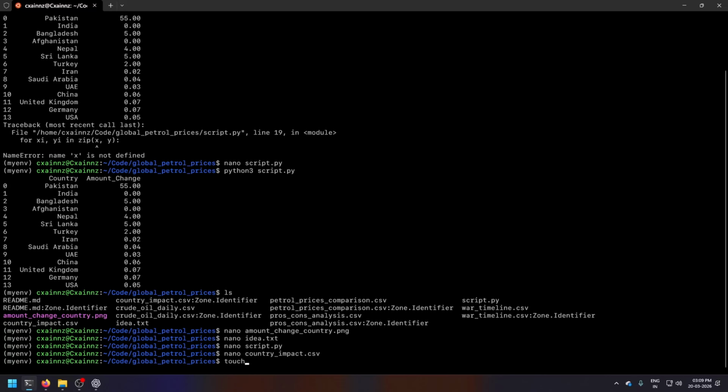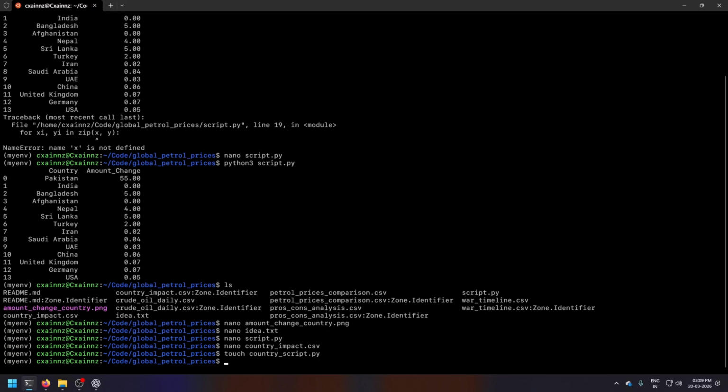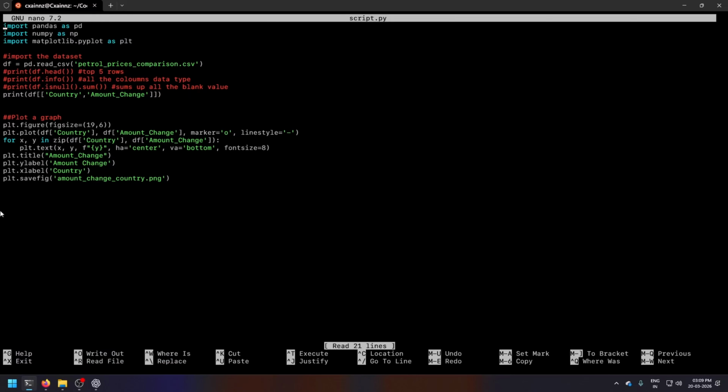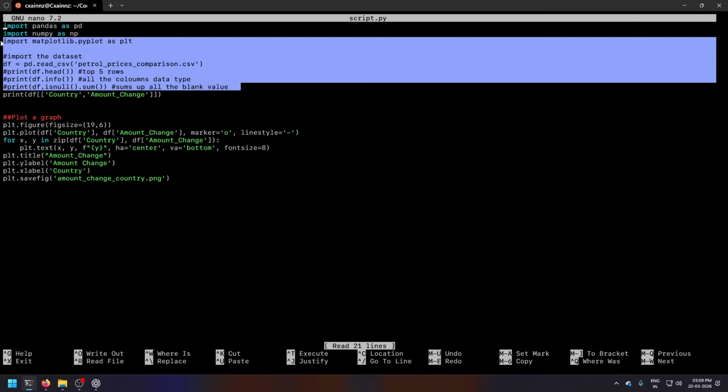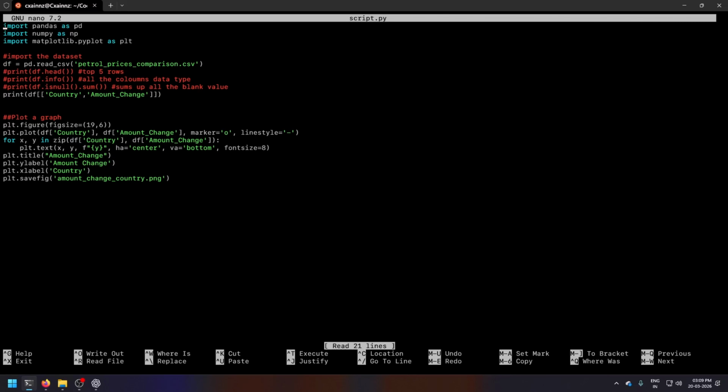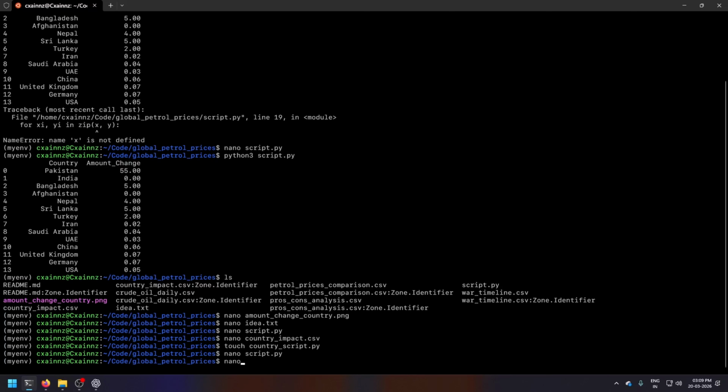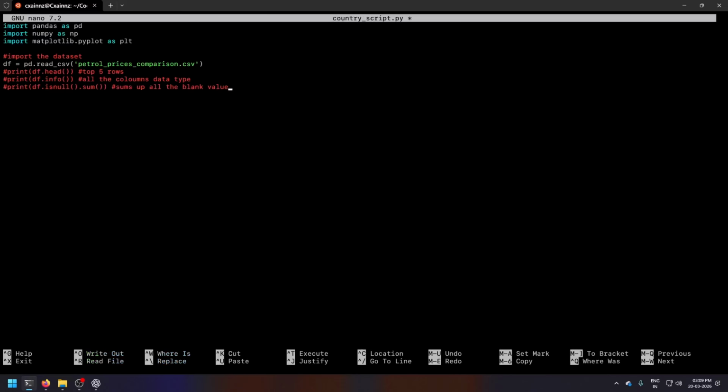I want to make another folder. There is a country_script.py, and the first thing I want to do is nano script.py. I'll just copy paste this thing, and then country_script.py, and copy paste.